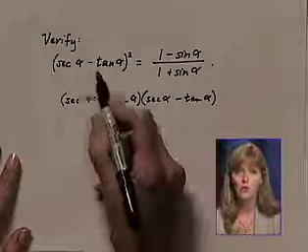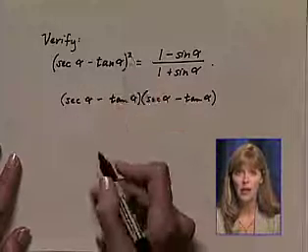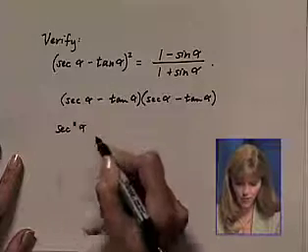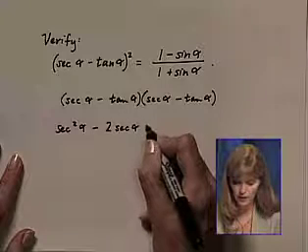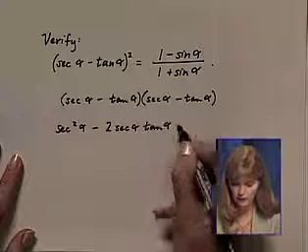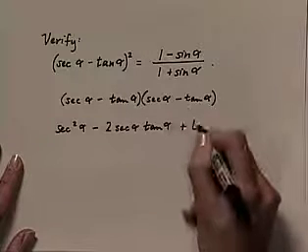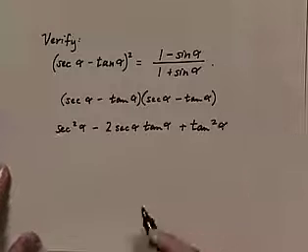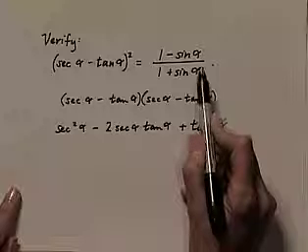Or, if you know the formula for a minus b squared, you could do it in that manner. Either way, what we come up with is secant squared alpha minus 2 times the secant of alpha times the tangent of alpha plus, because we have a negative times a negative, the tangent squared of alpha. Next, what I need to do is remember that we're trying to get to this format, and so therefore we